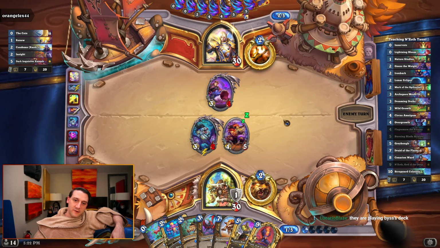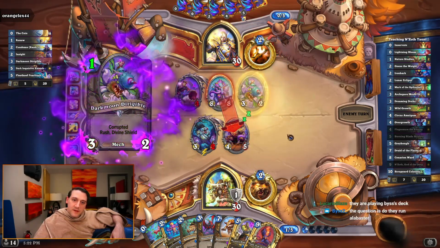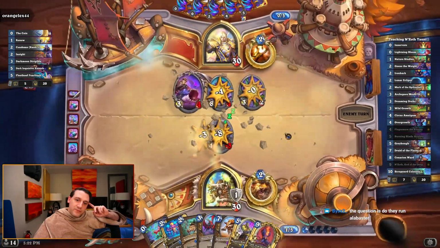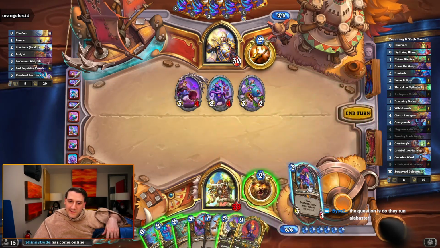Dreaming Drake hero power is not terrible. Oh. Never mind. Well, now I can still hero power. But do I want to kill the Inquisitor? Never mind, I can't. It's not an option. So...